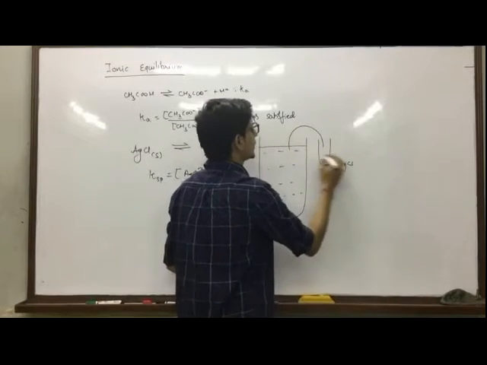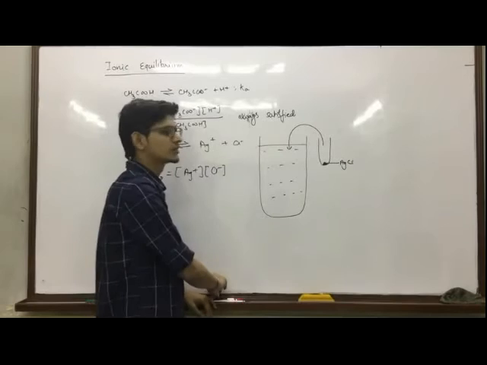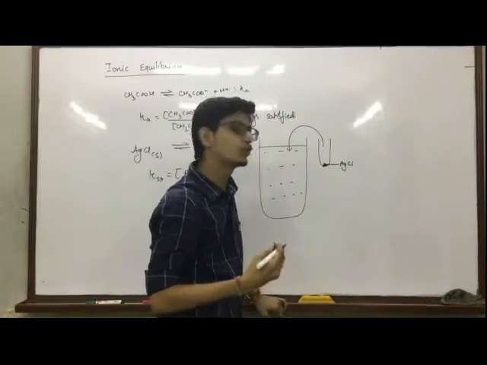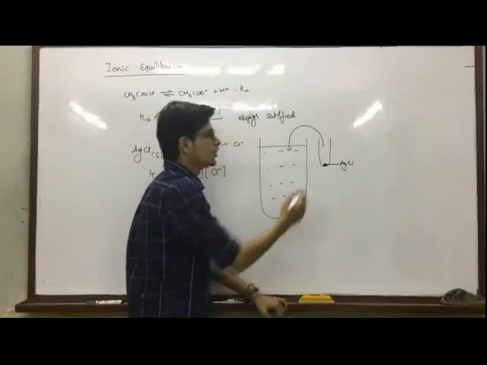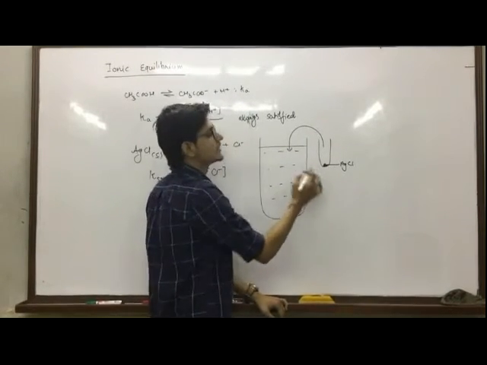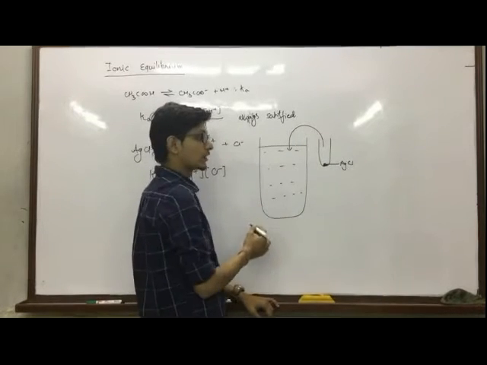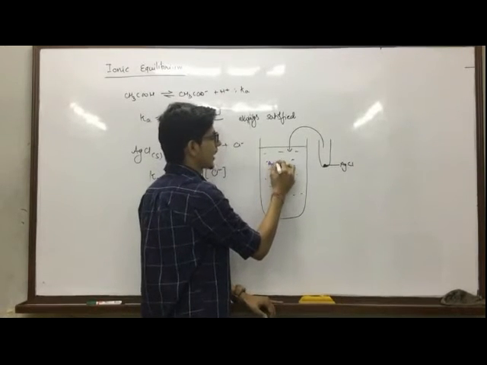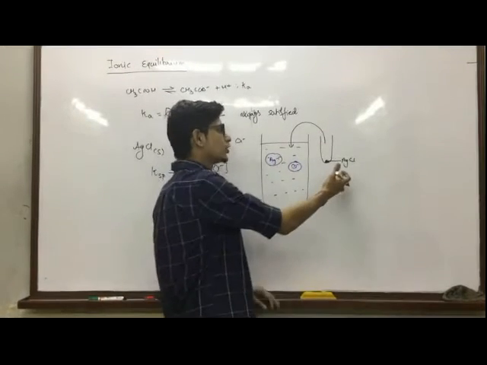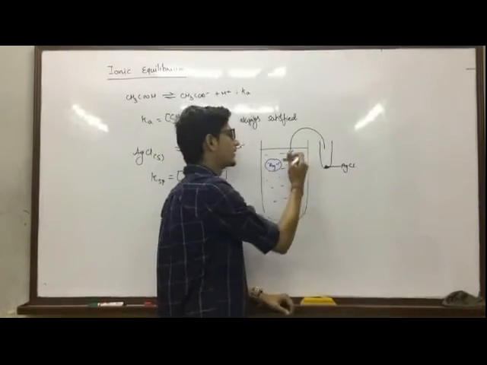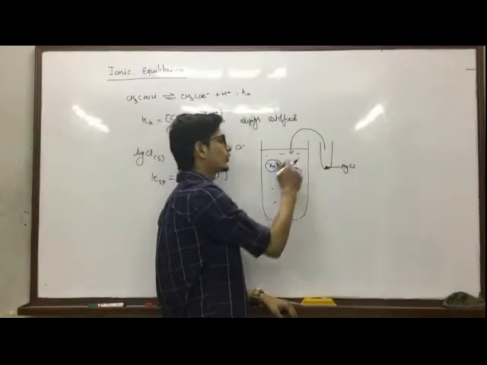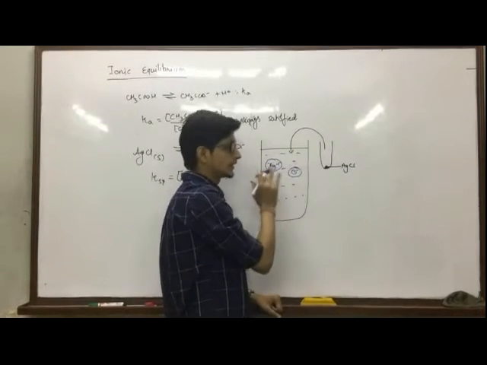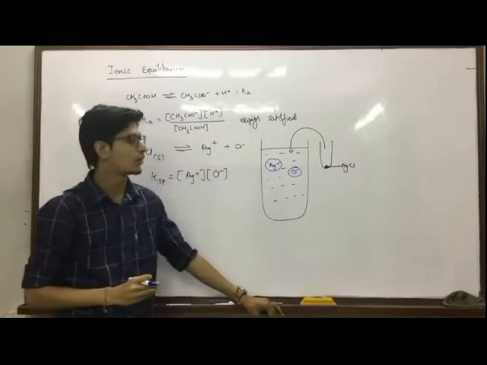we expect this small amount to be capable of dissolving completely, because we know AgCl has a very tiny solubility and dissolves in a very tiny amount. So we have taken a very tiny amount of AgCl and added it to this water. What we see is that the AgCl gets completely dissolved and forms Ag plus ion and Cl negative ion. We have taken a small amount of AgCl and added it to a large amount of water, so it can completely dissolve.